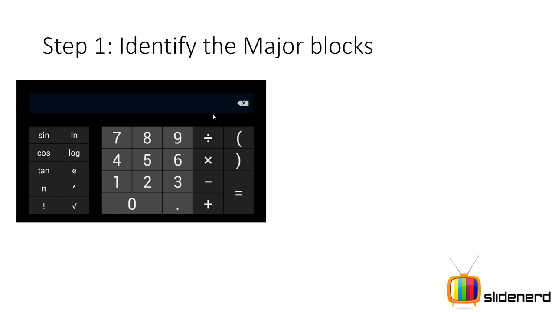So moving on, when you see this calculator, if you're a beginner, you're completely blank right now. You're wondering what you should do, whether it's a horizontal linear layout or a vertical linear layout, how you should start. So here's my suggestion. Whenever you see something like this and you want to make it, the first thing is to